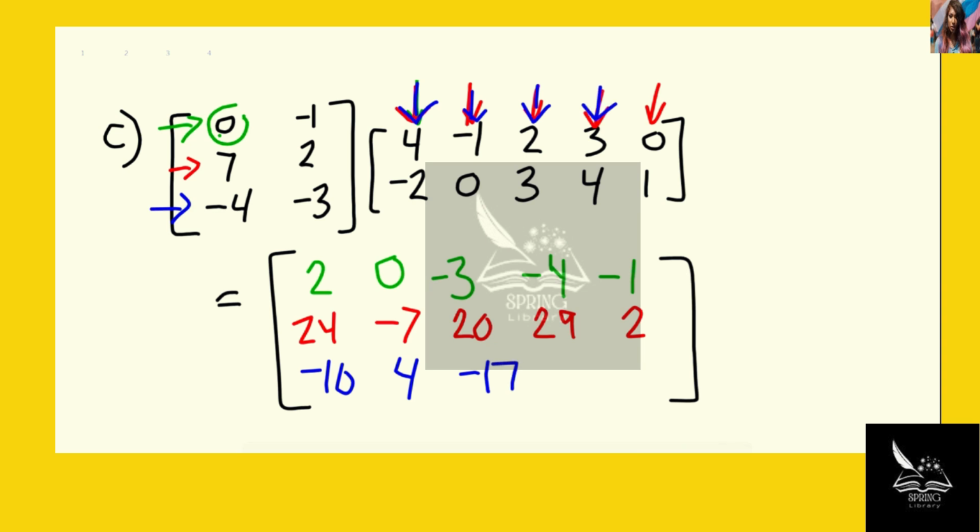-4 times 3 is going to give us -12, and then -3 times 4 is going to give us another -12, so it's going to be -24. And finally, we'll just get a -3. Okay, so you really just follow, go across the row, down the column, add each product together, and